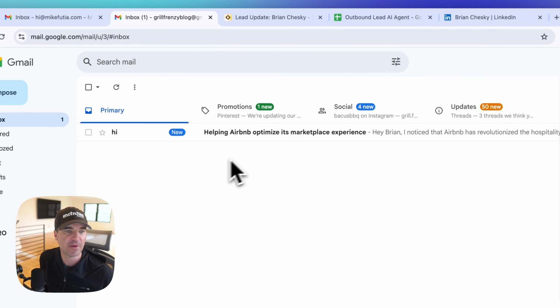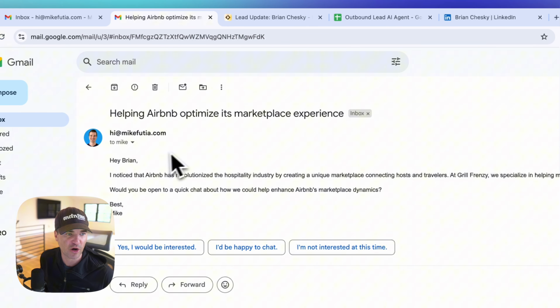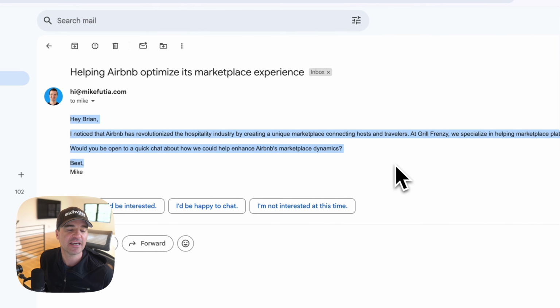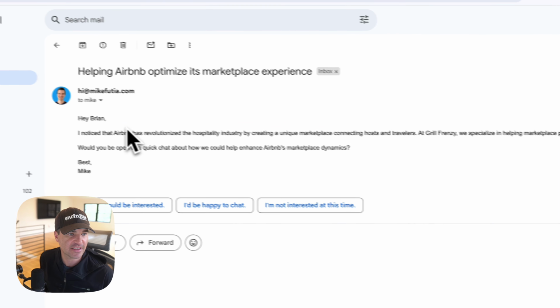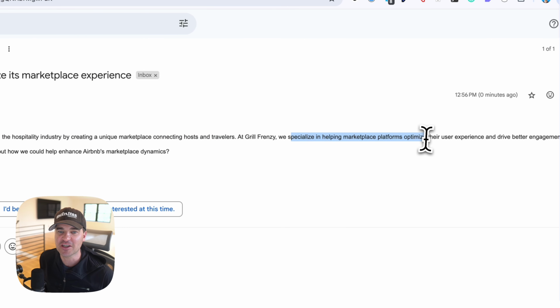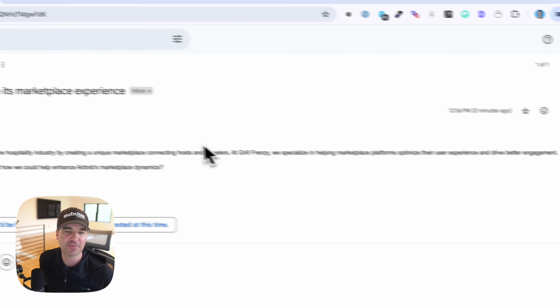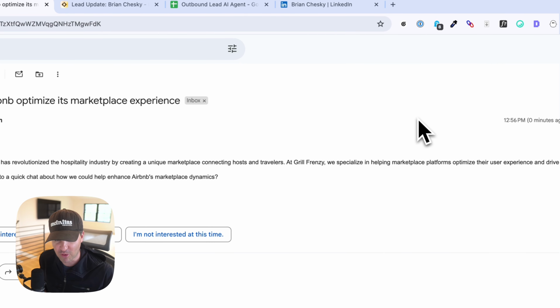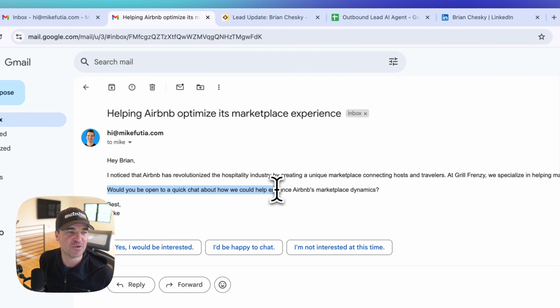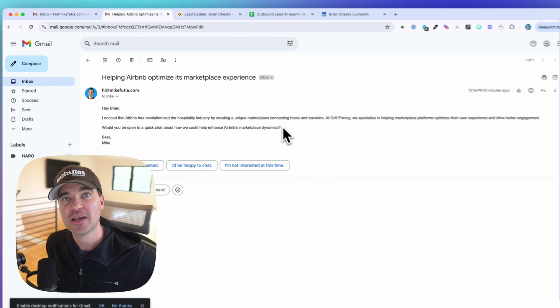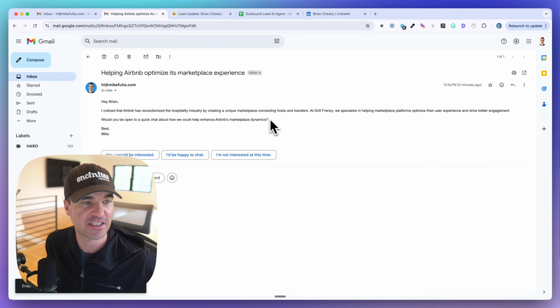So if I pop into my Gmail, and again, this is Brian's Gmail, here is the lead email that our agent has sent. I noticed Airbnb has done XYZ. We specialize in helping marketplace platforms optimize their user experience. You could obviously tweak the prompt here. Would you be open to a quick chat about how we could help enhance Airbnb's marketplace dynamics? So again, obviously you can play around with the prompt, but you can see the email was successfully sent off